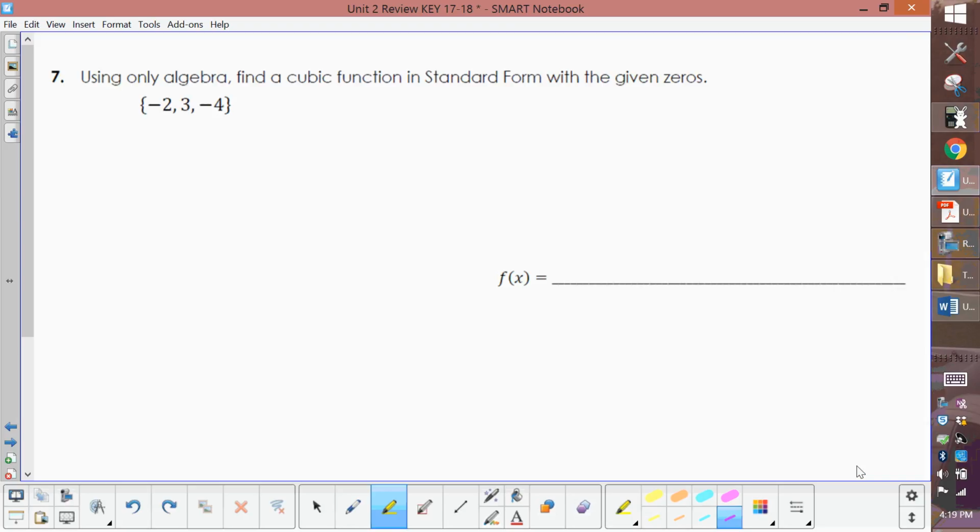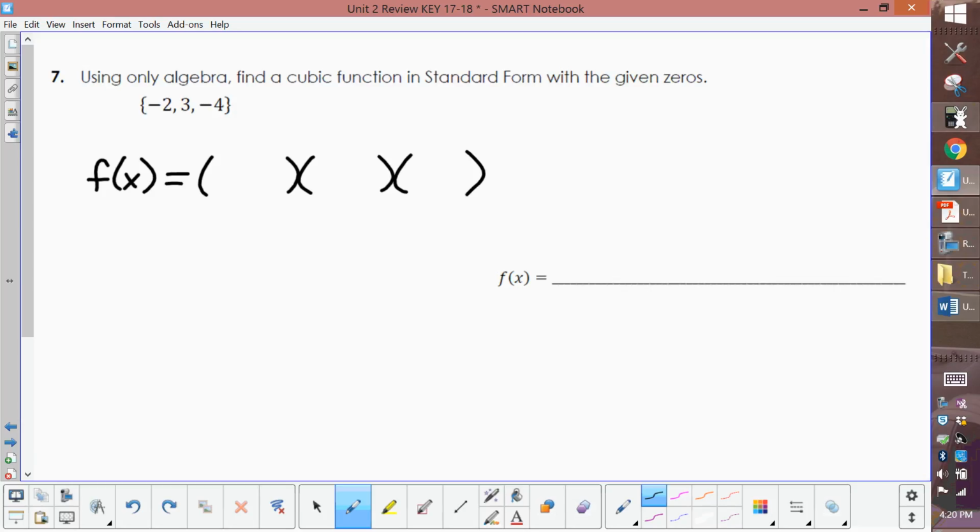All right, this is question number 7 from the Unit 2 review. This time I'm given my zeros, so I kind of have to work backwards. I'm going to write this out in factored form. Since I have 3 zeros, I'm going to have 3 binomials here. And the only thing that will create this 0 of -2 is in parentheses if I have